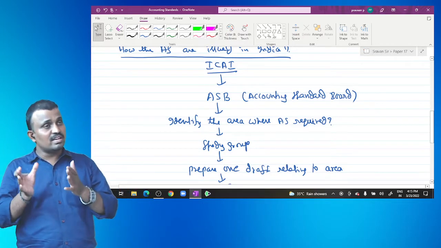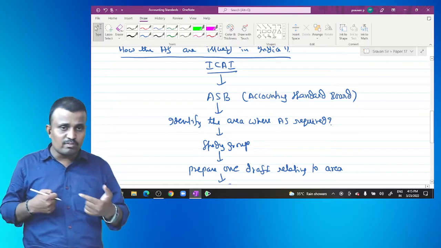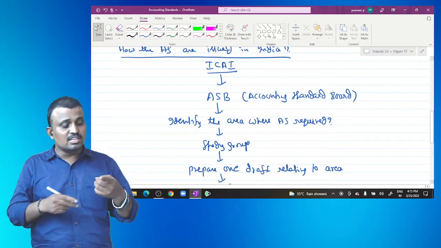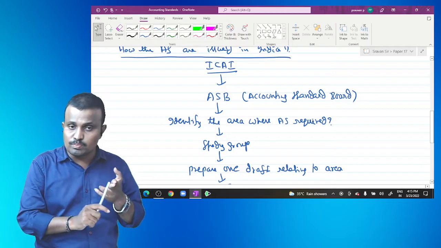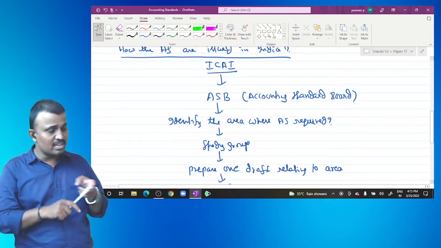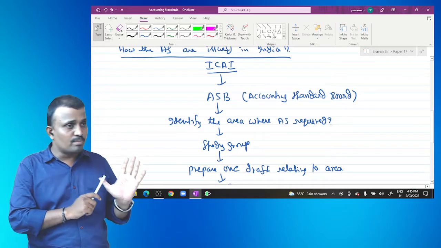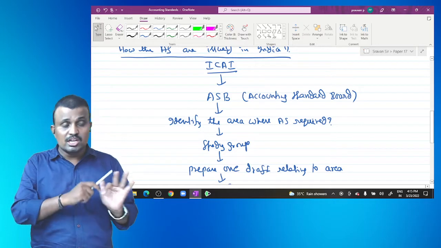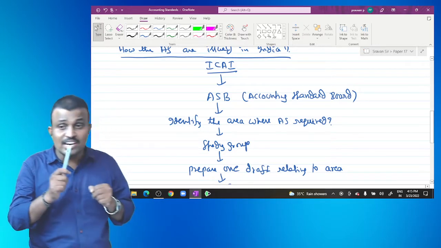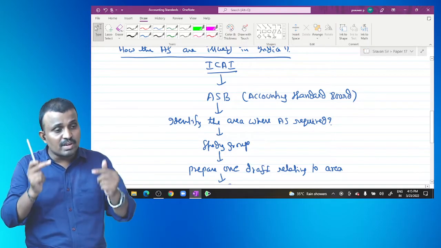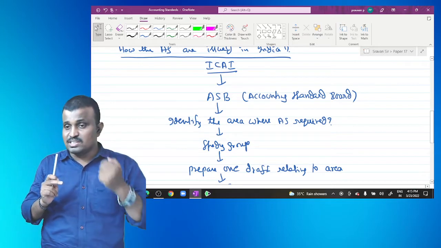Then they gather the information relating to that area. They consider the objective of that area, the scope of the respective transactions and events, and how to recognize, how to measure, how to present, and how to disclose. So all these elements are considered. By considering all these elements relating to the particular area, they prepare one draft, that exposure draft,